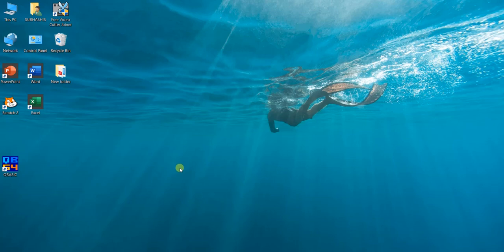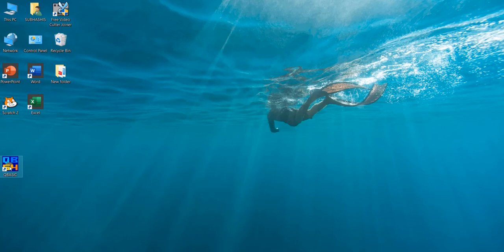So for that reason, nowadays a QBasic simulator is available on the internet, which you can just download and run the program. It will work as QBasic for you just like with DOSBox. So for that you can see here an icon, QB64. This will work for QBasic.